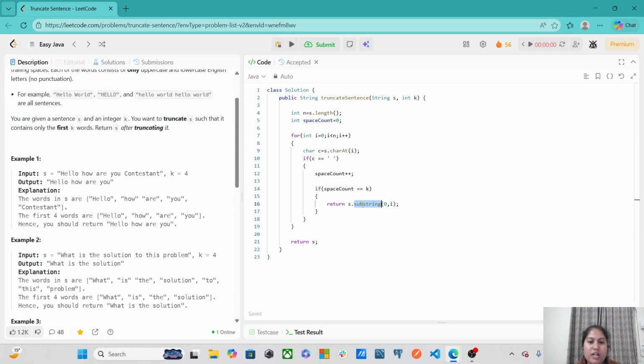It would definitely take approximately big O of n. So the total space complexity is big O of n, but if I talk about the auxiliary space complexity, it is constant. So it totally depends on you how you want to express to the interviewer what the space complexity is. The total space complexity is big O of n, but the auxiliary one is constant, that is big O of 1.